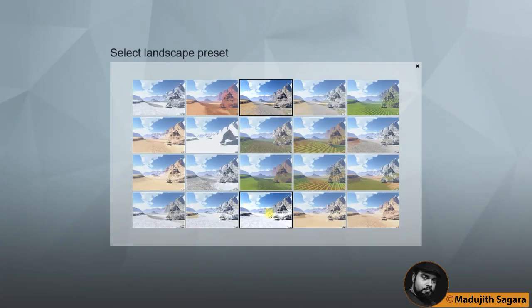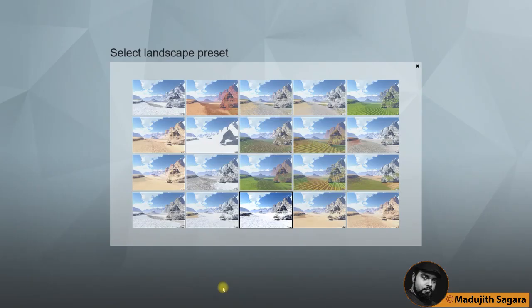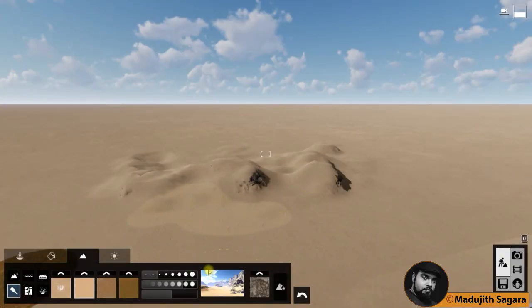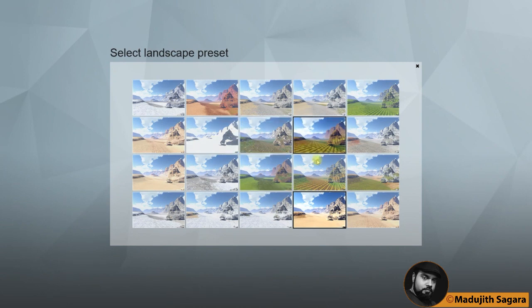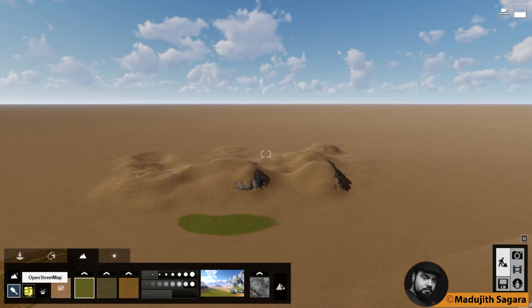If I need some icy thing, I can go here. Here you can see snow is available. If you need some desert, you can go there. Now the desert area is available, and this is some sort of default thing. That is okay. If you don't need it, you can undo it. This also gives some privilege to link this Lumion model to the street map.